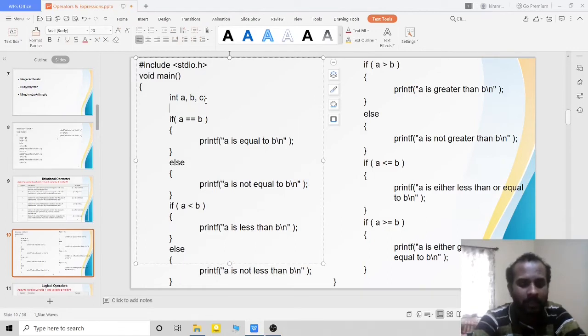Instead of initializing, I will take the value from the keyboard. Okay, printf